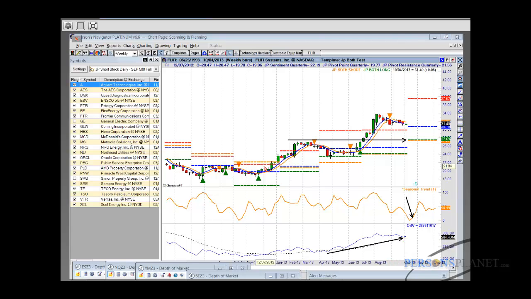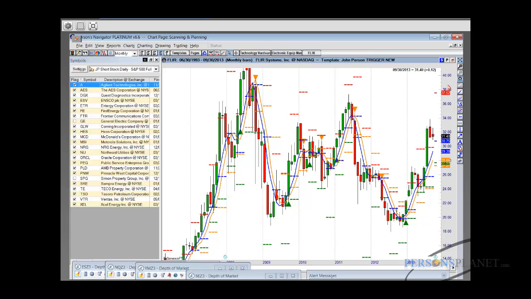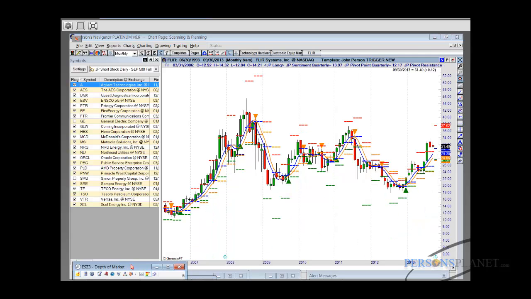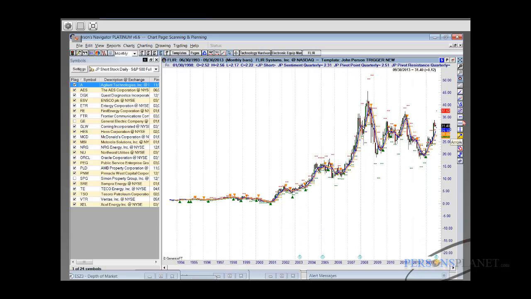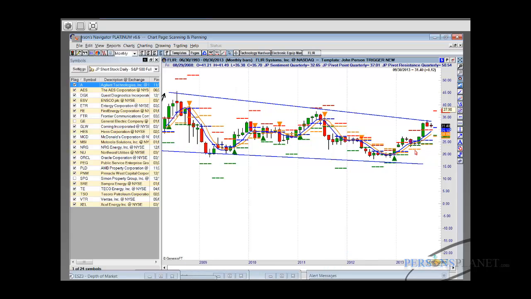But in any event, I want everyone to kind of focus in on this, because I think that if we go back over here to the monthly charts, what's really interesting to me is that, while it seems that we're buying high on FLIR, all we've really done for a number of years is one big potential flagpole. And if we do pull back on a monthly basis, and if we're entering a seasonally strong period of time,